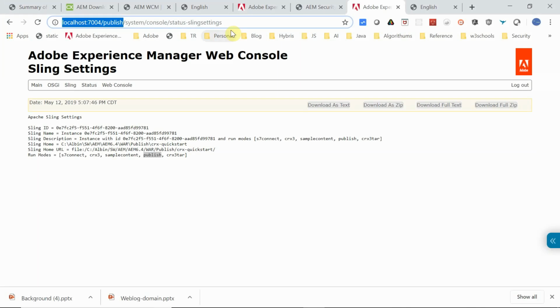Okay, so in this video we have seen how to set up AEM author and publish instances in the same WebLogic domain with different managed servers. You will be able to install this into the same server also, even in the admin server, but I thought of going with a different server so that you can easily manage. But you need to make some setup changes if you go with the same server, namely sling.home and the data store path. Otherwise both will conflict and you will not be able to